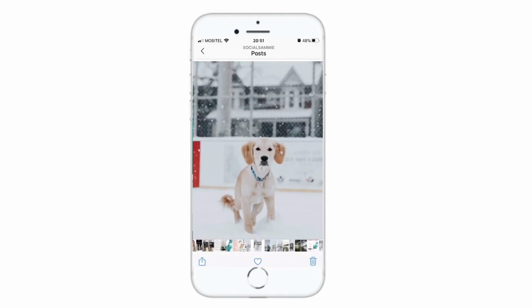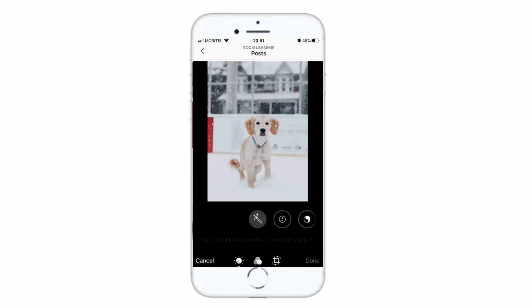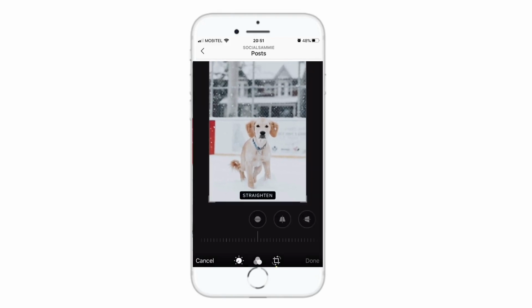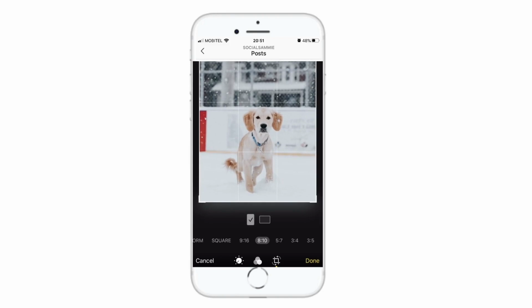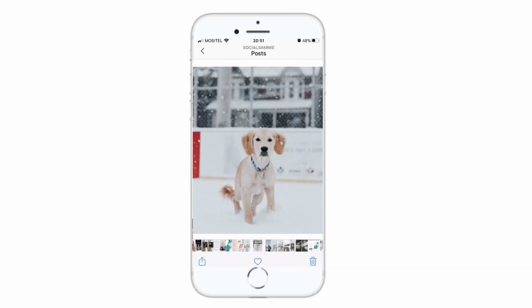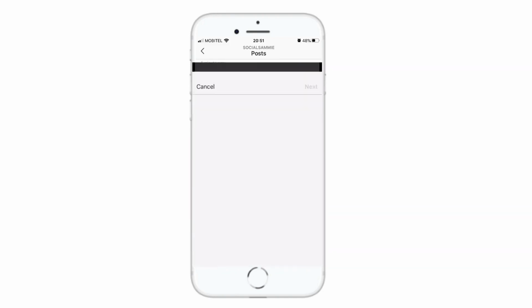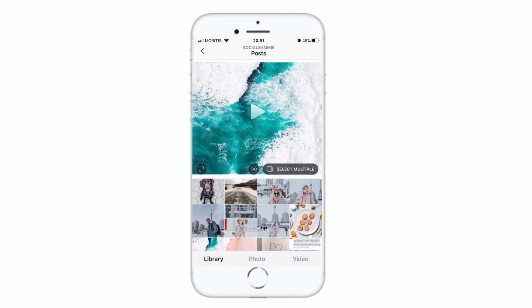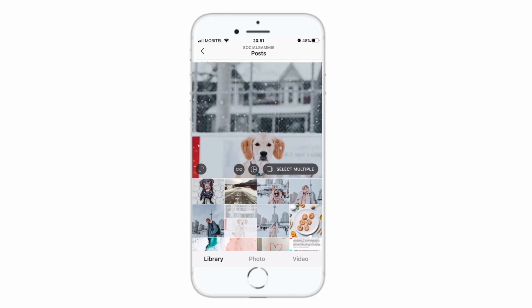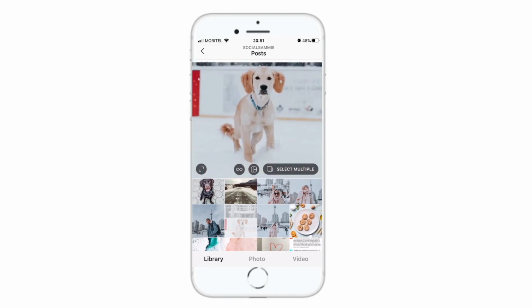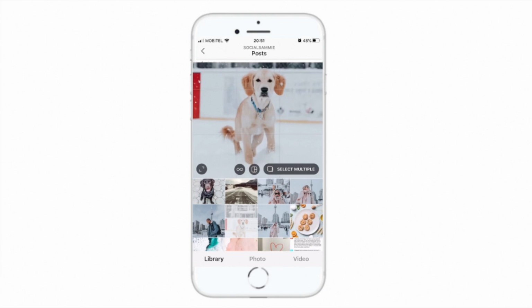Okay, so the first step is to go to your camera roll and select a photo that was taken vertically. Click Edit and Crop tool. Crop it to 4:5 ratio or 8:10 in some cases, and save. If you posted this photo normally, Instagram would crop it into a square, but I'm gonna show you how to avoid that. You can do this with any editing app. The key is just to crop it to this ratio, because it's the only size Instagram will allow that's larger